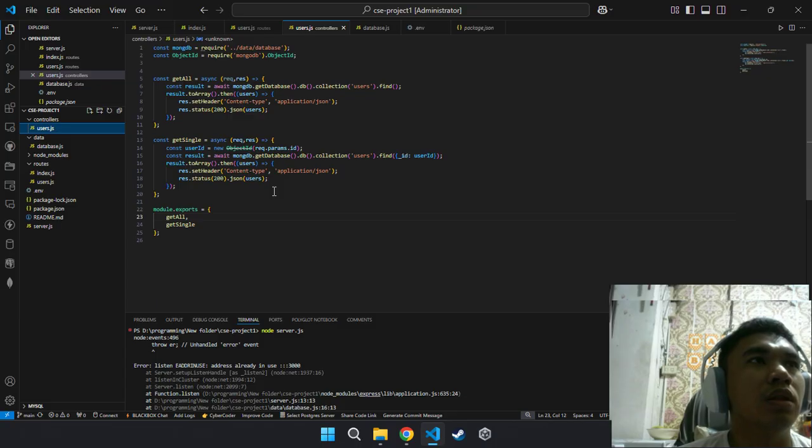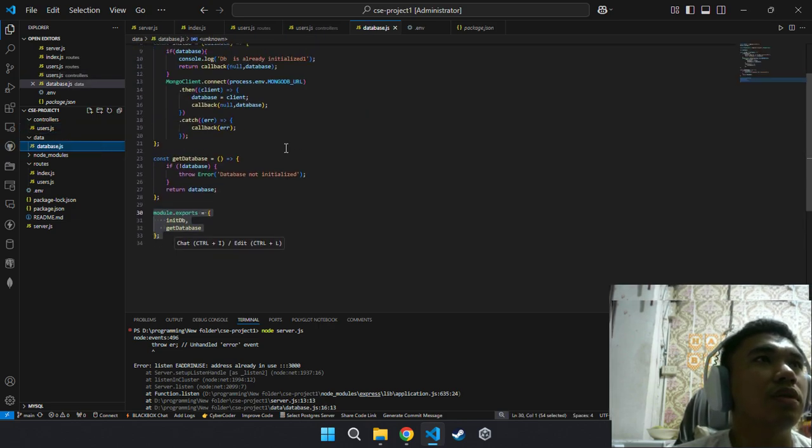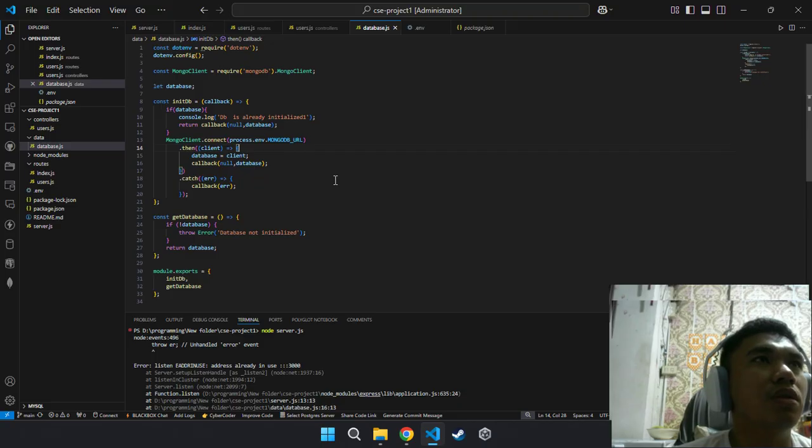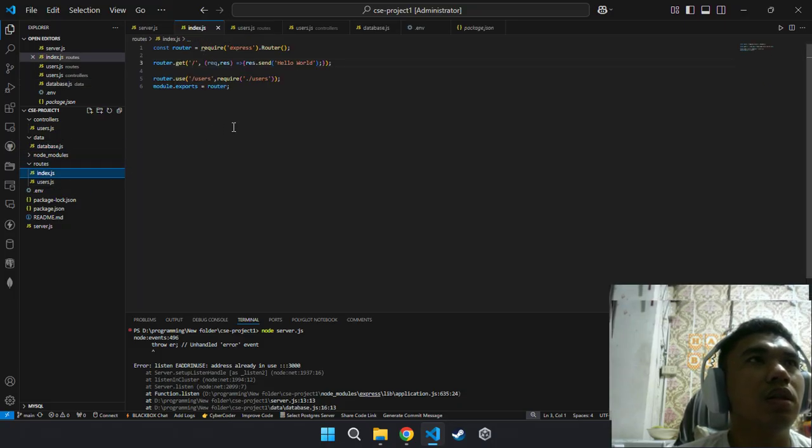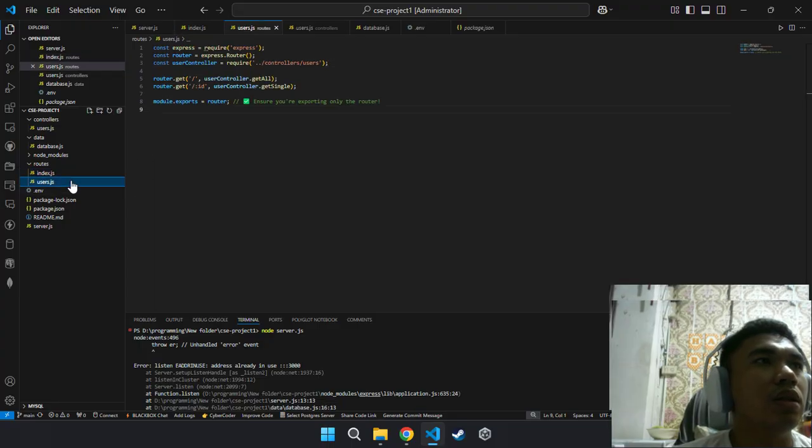So this is the database, the JSON files, and the users to connect into the database. After that, I followed the procedures on the configuration about the database. And here are the routes, and it will show the message in the web page. And here the users configure the controls and Node Express.